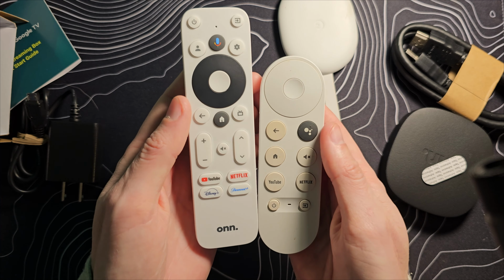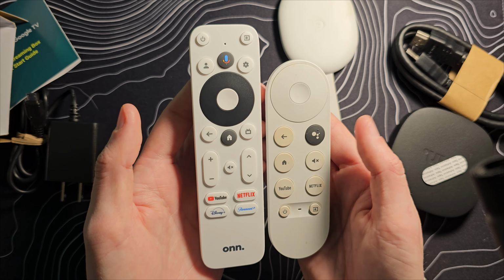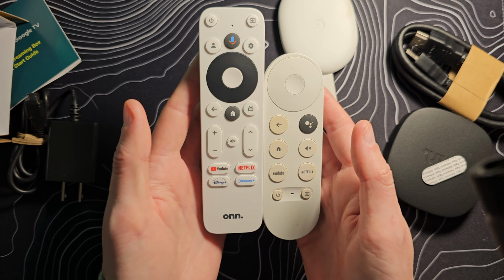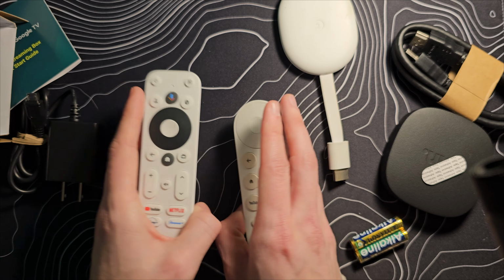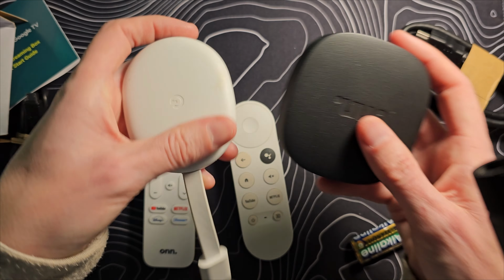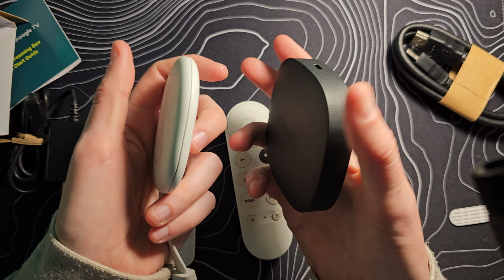And I think that it's a pretty darn solid remote. It's definitely a reasonable size. I like the rounded shape to it. But the one that ONN has here has more buttons, and maybe that's going to be useful to you. If we compare the actual boxes themselves, the Chromecast one is a whole lot smaller, a whole lot thinner, but